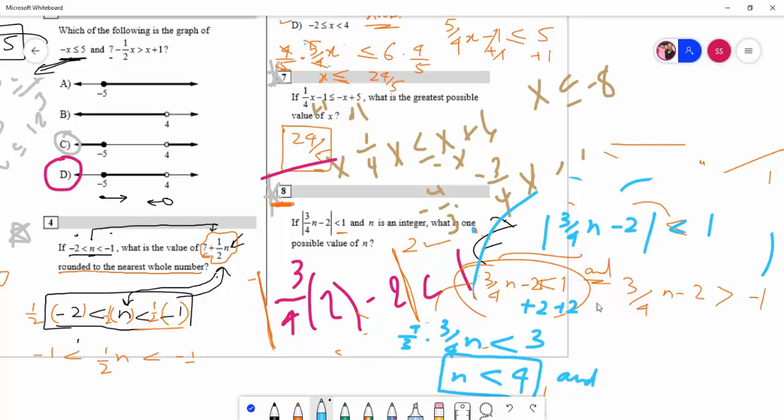And 3 over 4 n minus 2 is greater than negative 1. So you'll add 2 to both sides. You will get 3 over 4 n is greater than 1. Multiplying by 4 over 3 to both sides, you'll get n is greater than